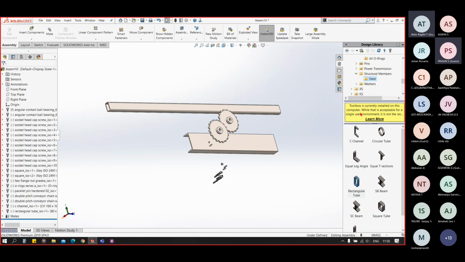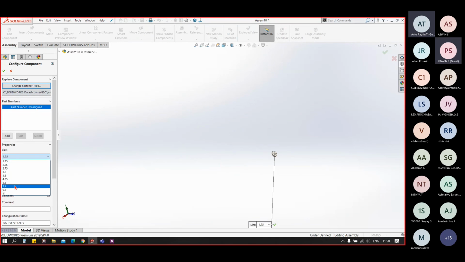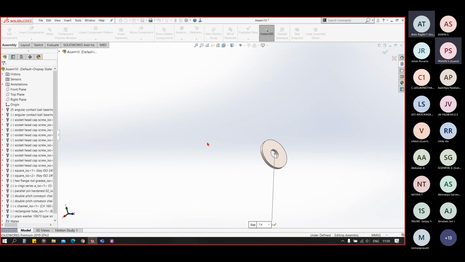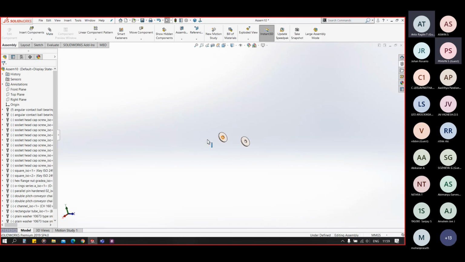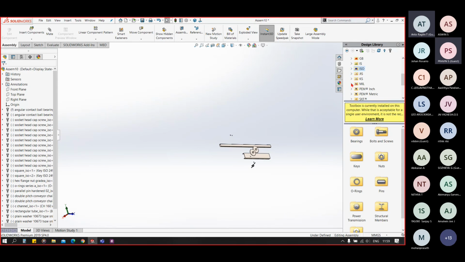Again, the last option is washers. We have different type of washer series here. Just drag that, select its size, and okay, you are ready to use it. So in the toolbox you have different type of standards, Indian and all.